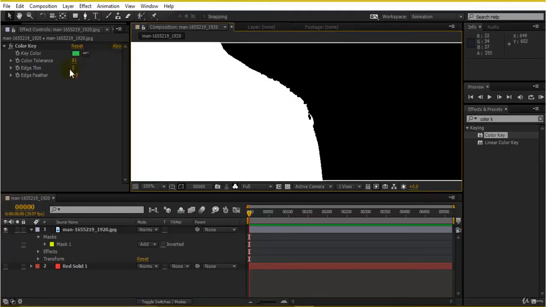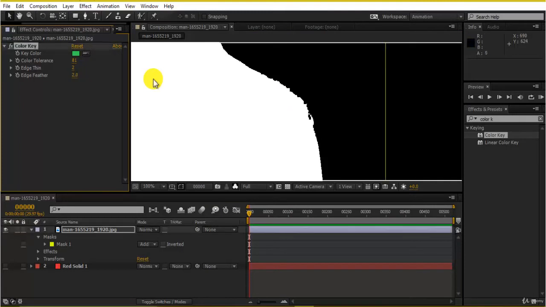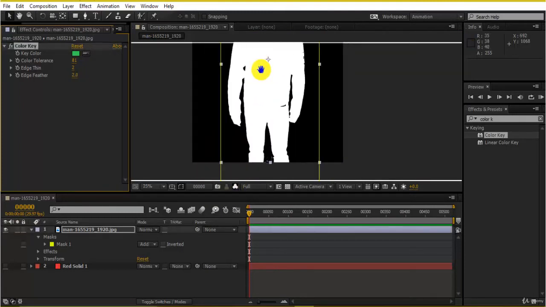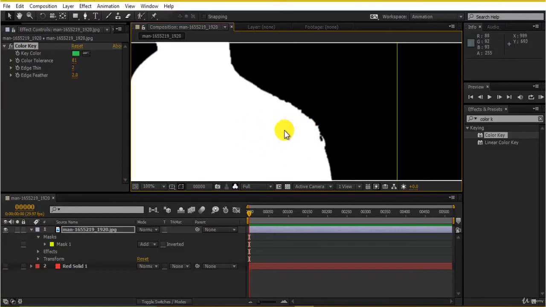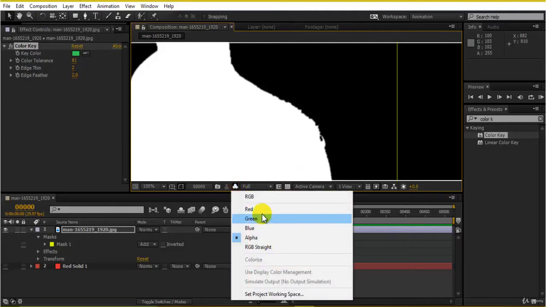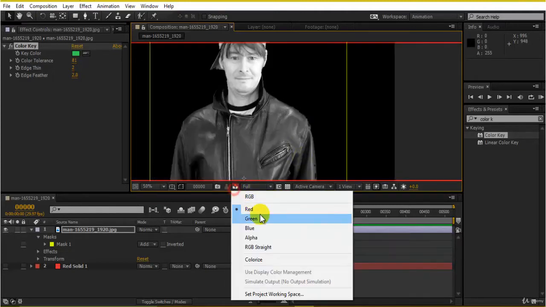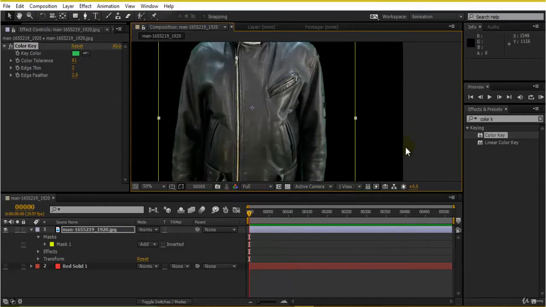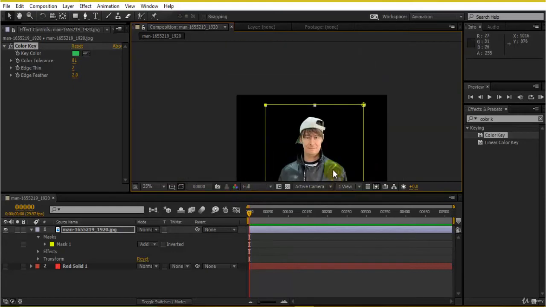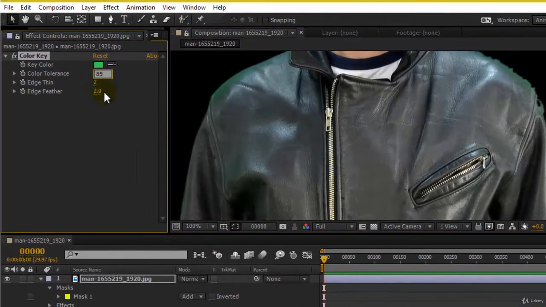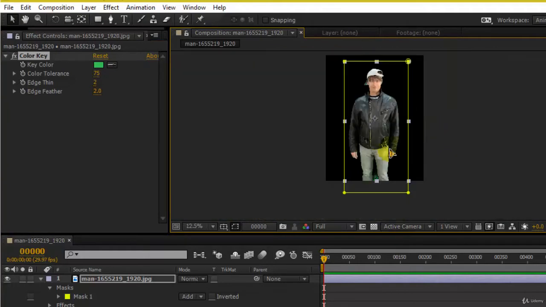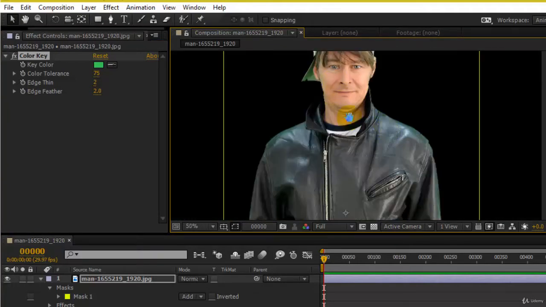Again, these are the jagged edges, so you can increase the feather to maybe 2. This is what the alpha looks like, which has transparency, which means this area is opaque and this area over here is transparent. So rather than rotoscoping, we have done this in just a few clicks, and we are getting this kind of output from here. These edges need to be saved, and this is what we are getting here.